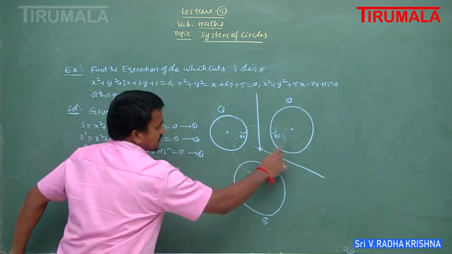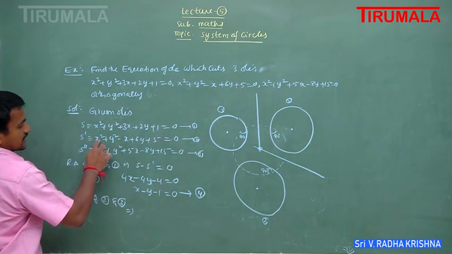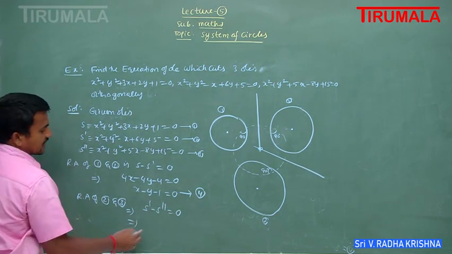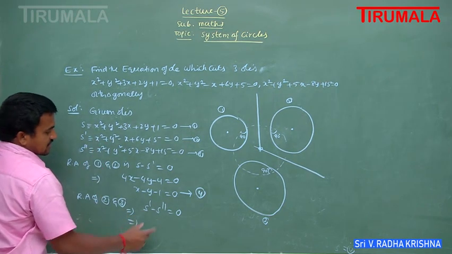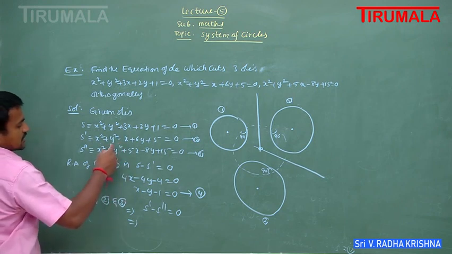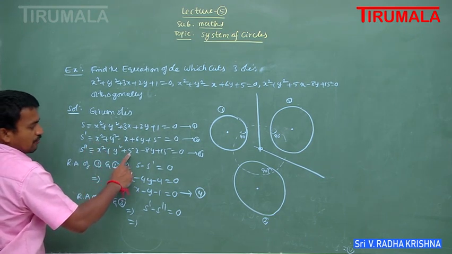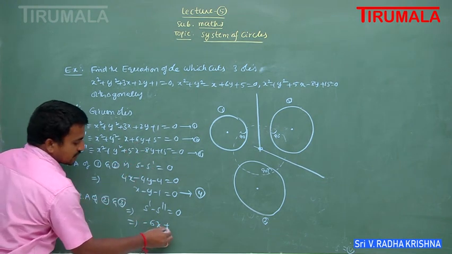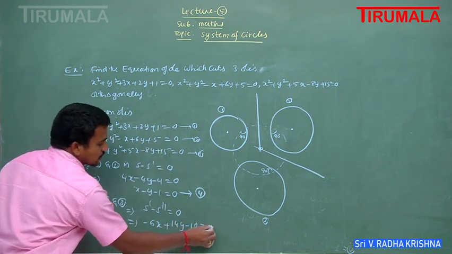So now we find the radical axis of 2 and 3. So the radical axis of 2 and 3 is s dash minus s double dash equal to 0. Directly I write here, you continue the step 1: substitute s and s double dash in the equation. Next step is subtract: x square minus x square 0, y square minus y square 0, minus x minus 5x means minus 6x, 6y minus of plus 8y means 14y, 5 minus 15 minus 10 is equal to 0.